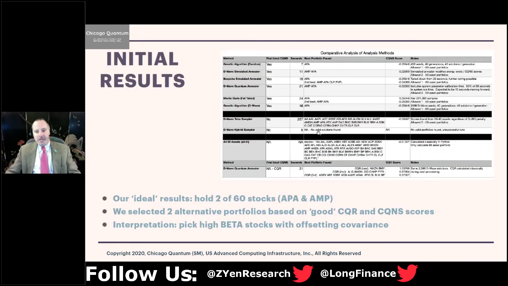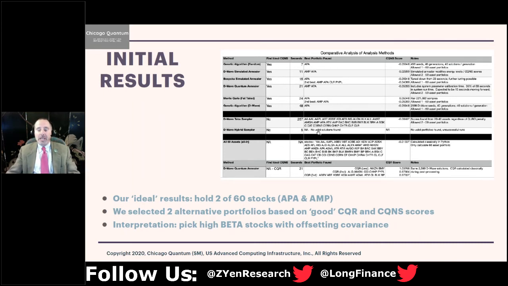So, initial results as well. 2 stocks. In this case, it was Ameriprise and Apache. So a mid-tier financial service company and an oil exploration company in the United States. And actually, we're going to talk about it later, but for a period of about 25 trading days, this portfolio outperformed the market. After 48 trading days, it is either in line or below the market because of the unique loss of diversification of just having 2 stocks.